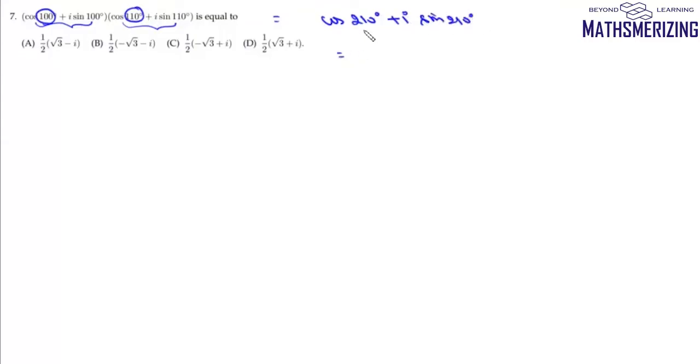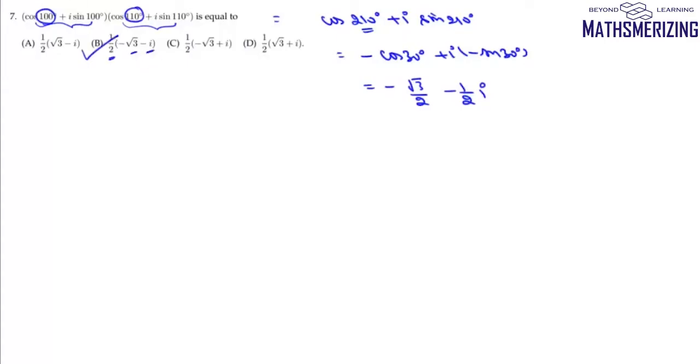Now cos 210 is cos 180 plus theta. Now cos 180 plus theta is minus cos theta. So it will be minus cos 30 plus iota, and here again sin 180 plus theta is minus sin theta. So it will be minus sin 30. Now cos 30 is root 3 by 2 and sin 30 is 1 by 2. So answer to this question will be 1 by 2 into minus root 3 minus iota, and that's your option